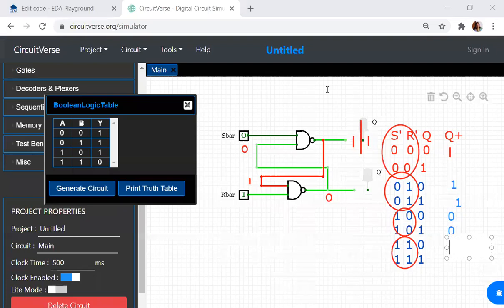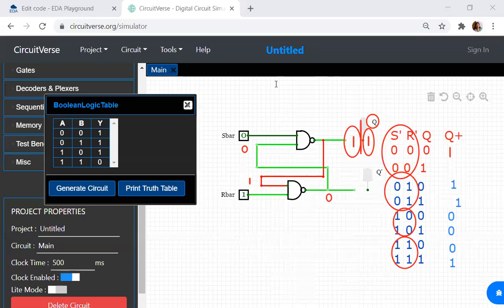What does the previous state mean? This value, whatever I have over here, the previous value, and this will be the next state value, but still it is available in Q. So we consider this as Q and this as Q plus. So when I take a combination of 1 and 1, the previous state will be retained. Now what is the previous state? 0 is the previous state, 1 is the previous state. So here what will be retained? 0 will be retained, 1 and 1 will be retained. So definitely this should be a forbidden state over here. So this will be a forbidden state.